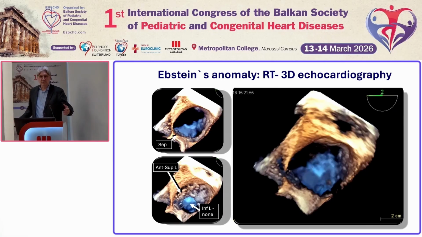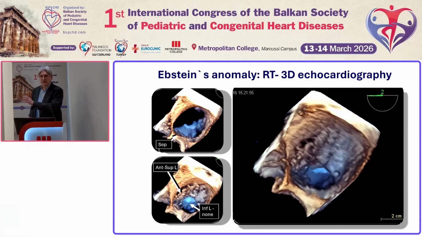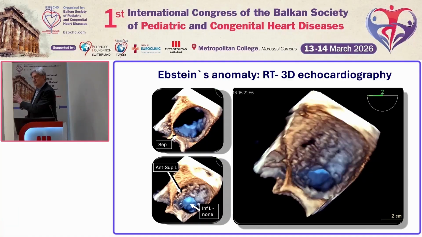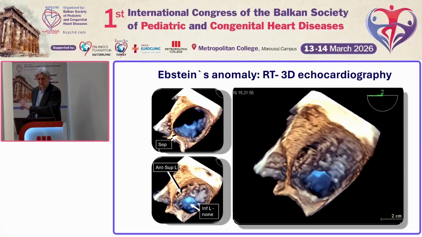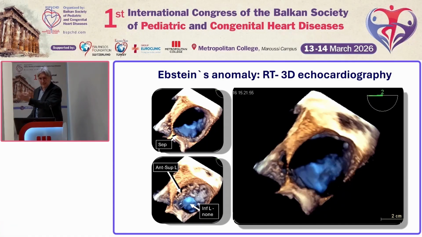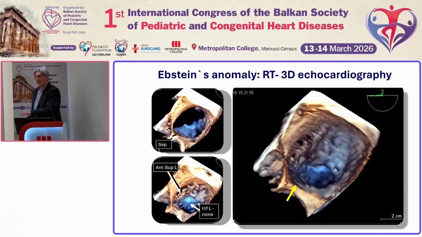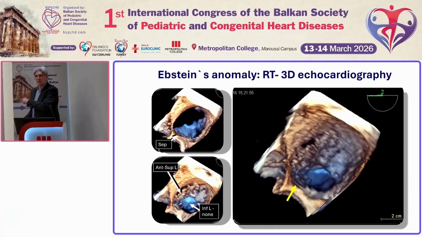I showed you a nice 3D echo picture. This 3D TOE explains everything, and you understand where the problems are. You see the sail of the anterior superior leaflet, then you can see the plastered small septal leaflet, and this is something people are not talking much about: